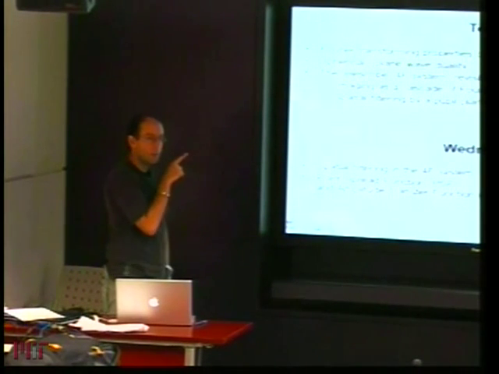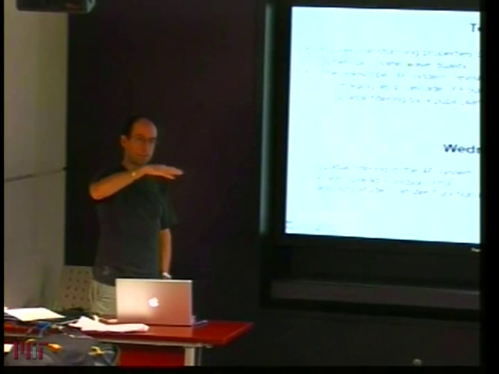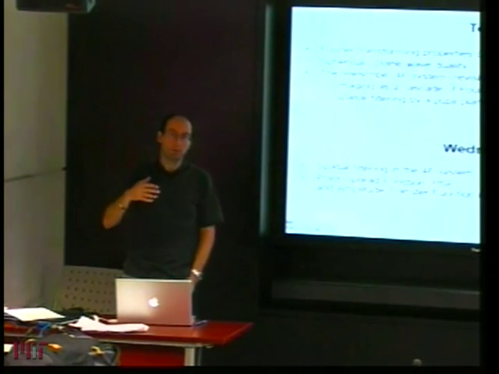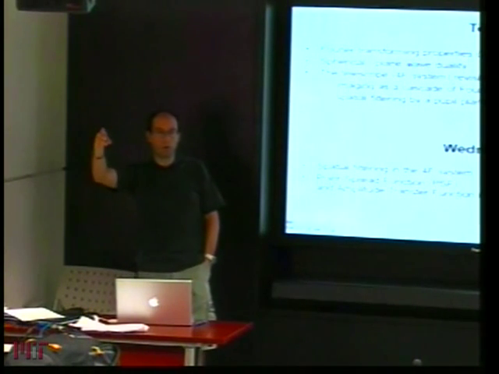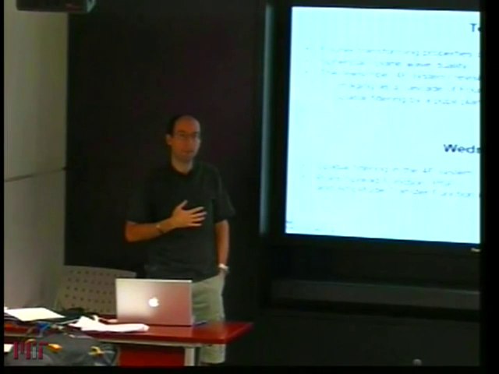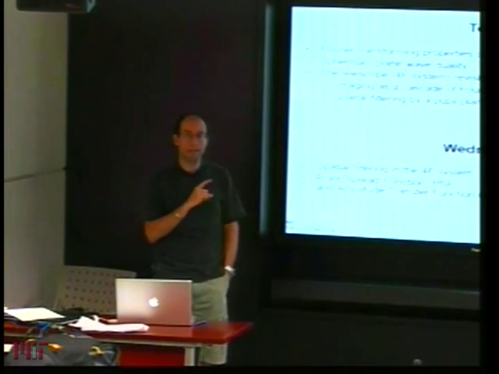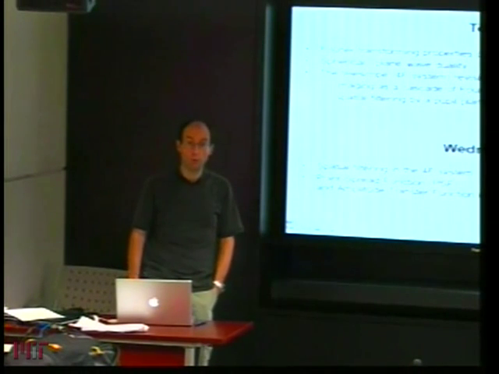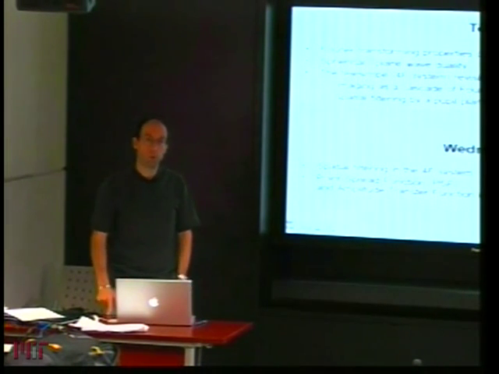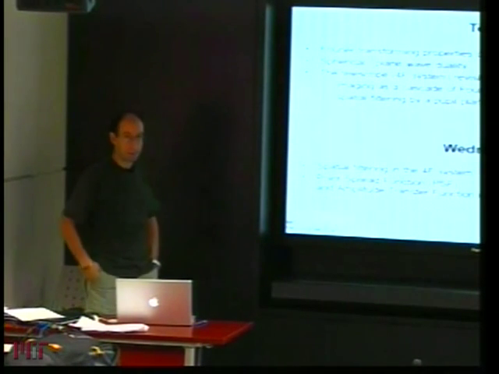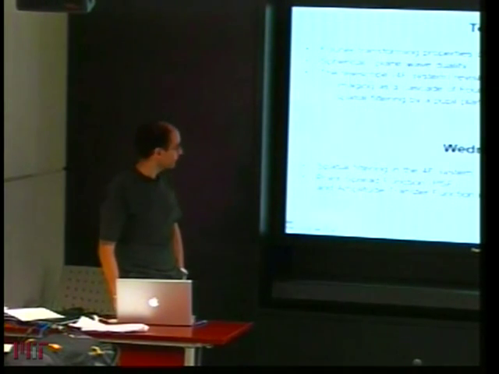I already alluded to this: I said that the Fraunhofer diffraction pattern is a Fourier transform, but we don't have to go to infinity to watch the Fraunhofer diffraction pattern if we want to generate a Fourier transform optically. We can also do it by using a lens. So this is what I will do today. For the rest of the lecture, I will show you how a lens can produce a spatial Fourier transform and what we can do with it.